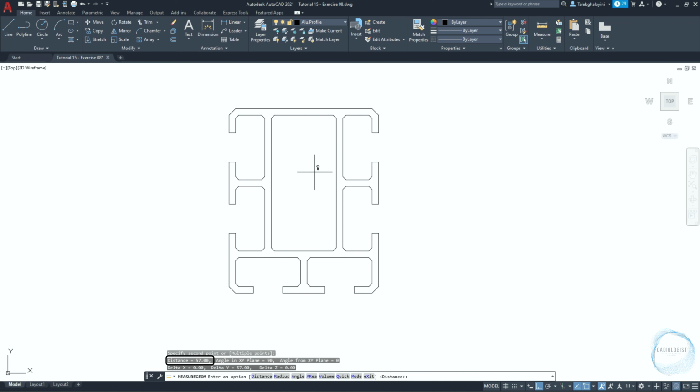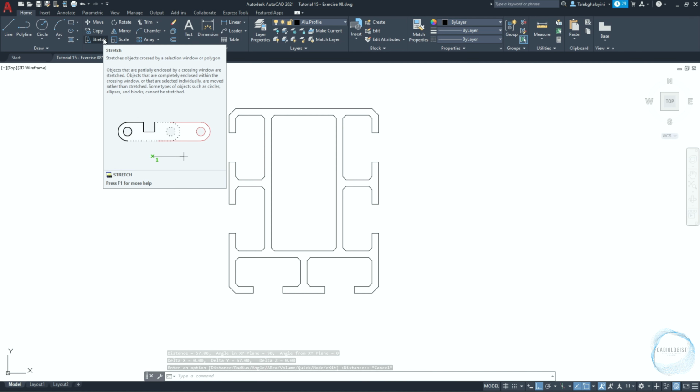I want to increase it to 60 mm using the Stretch tool from Modify panel. I want you guys to know that if an object is partially enclosed by cross window selection, it will be stretched. If the object is completely enclosed within the cross window selection, it will be moved. Click on Stretch,